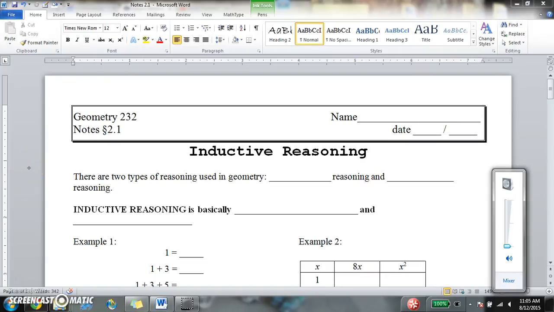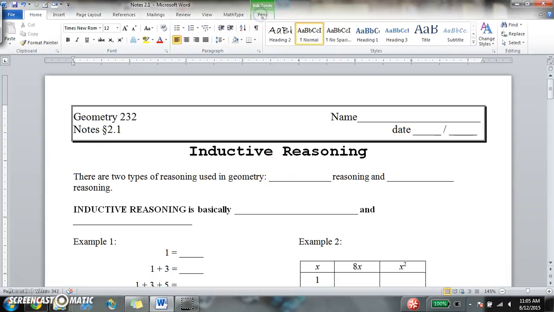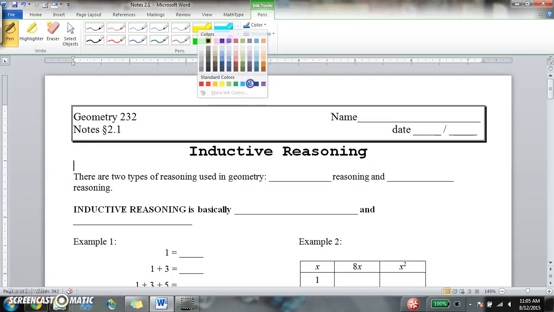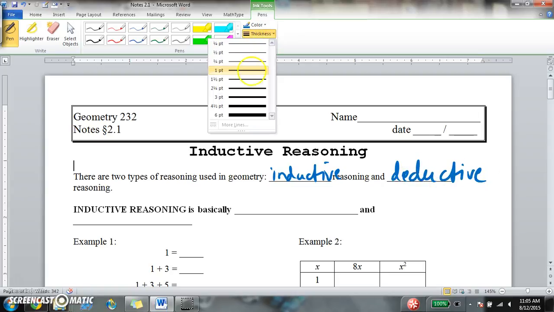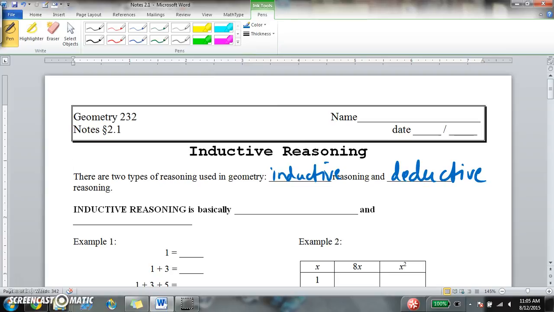This is Geometry, Section 2.1, Inductive Reasoning. So there are two types of reasoning used in geometry. We use inductive reasoning, which we'll learn about today, and we also use deductive reasoning, which we will learn about later this chapter. So inductive reasoning is basically